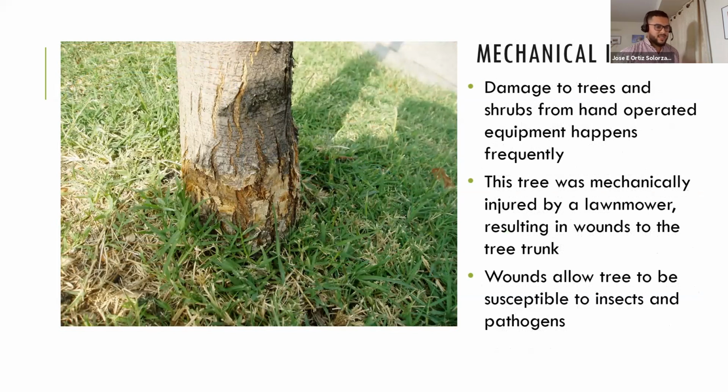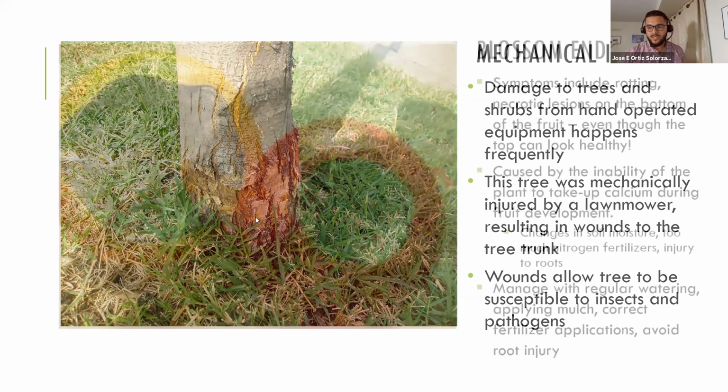How can these injuries become a problem? The injuries are oftentimes used by other organisms as open doors for a disease to enter inside of the plant. So mechanical injury leads to some types of disorders, and especially distress. When a plant is stressed, the whole system of the plant is down, which makes the plants more susceptible to other types of organisms or favors disease overall. So this tree was mechanically injured by a lawnmower, resulting in wounds